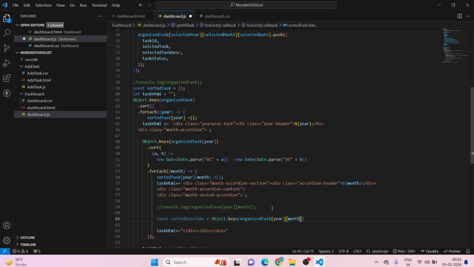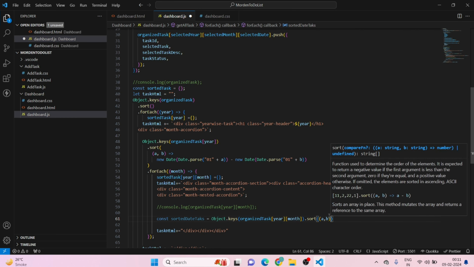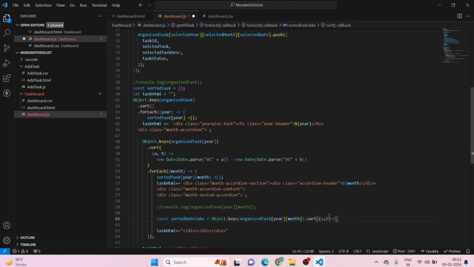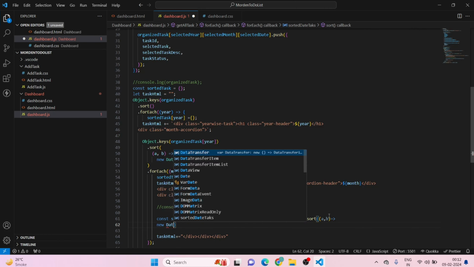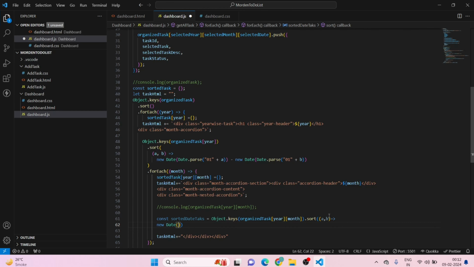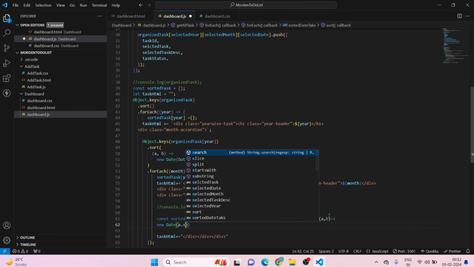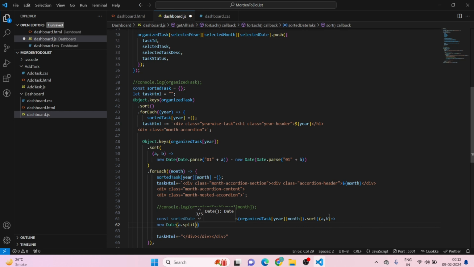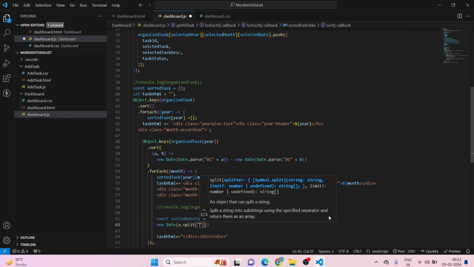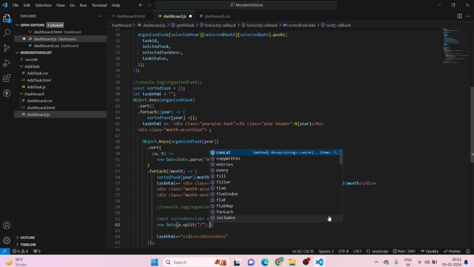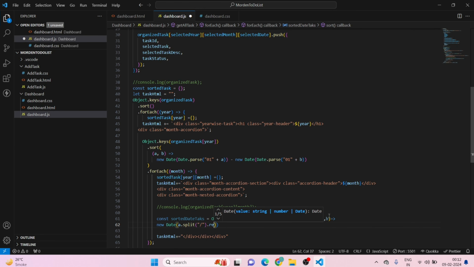So we are going to loop through this now. .sort((a, b) => new Date(a.split("/").reverse().join("-"))